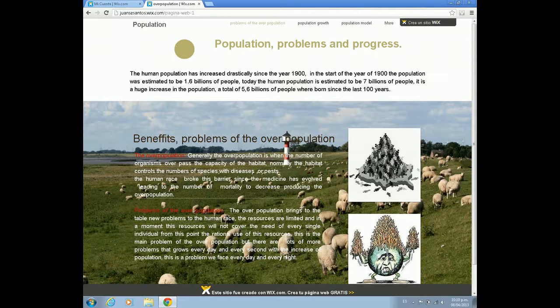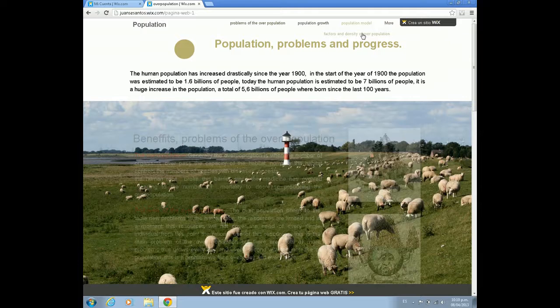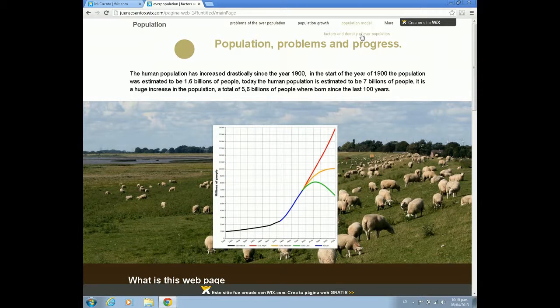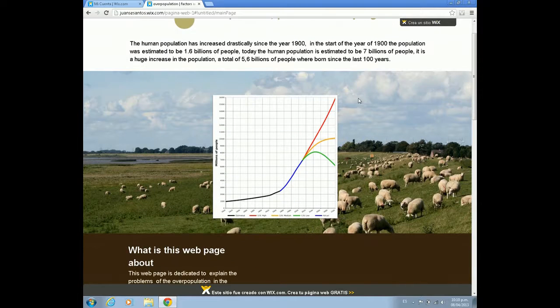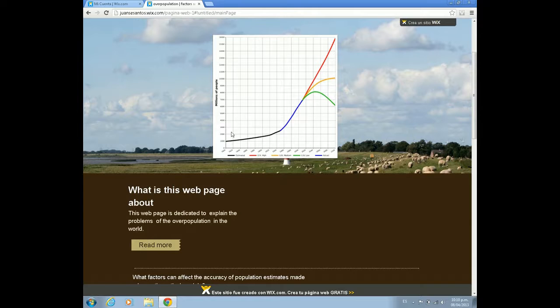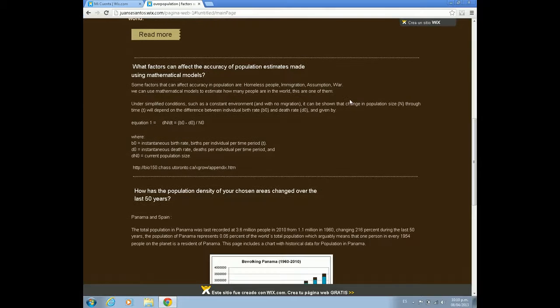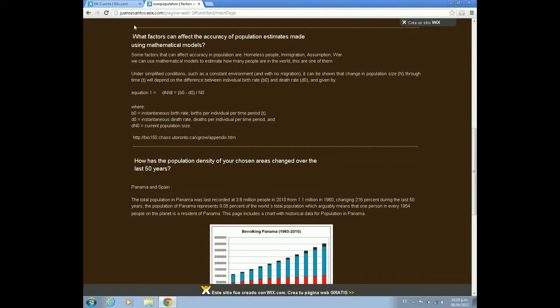Okay, here are some images. This graph shows how the population has grown over many years. In this question, this explains